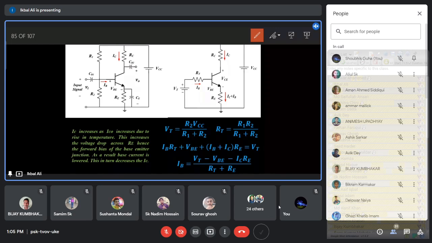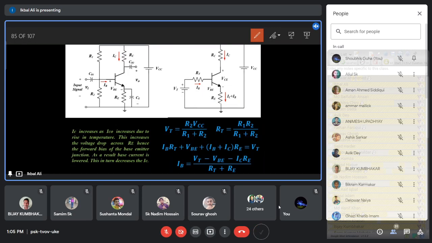You have also learned the stability of the fixed bias and understood that the stability is not good. In case of fixed bias circuit, you can also draw the Q point load line, and you can set the Q point in the middle of the active region for the fixed bias circuit. So fixed bias circuit can also amplify, but the problem is the fixed bias circuit stability is not good.